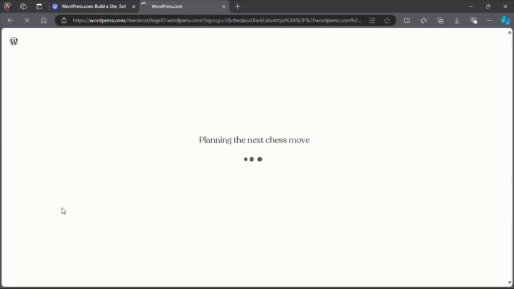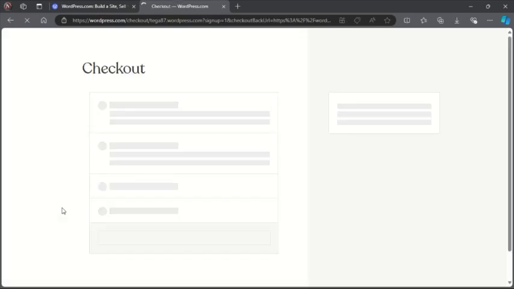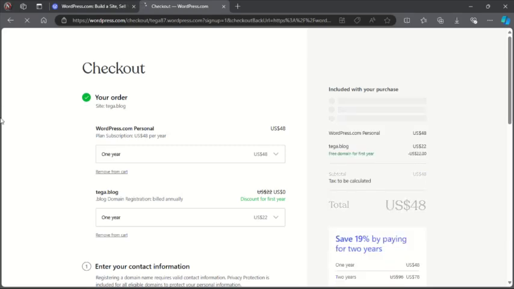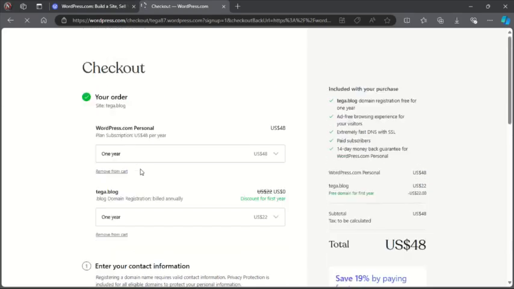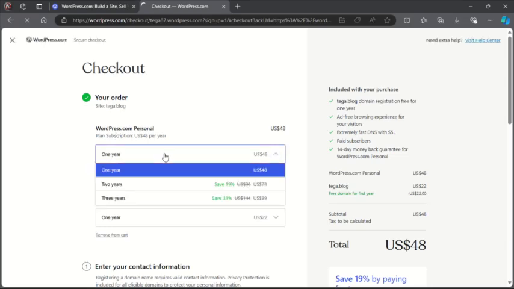Okay, good. Let's take one more time. Active it. You can see there we go. This is our order, then this is the checkout, this is how many payments, how many years. I can make payment for 3 years, 2 years, or 1 year. So I'm just going to put this particular one, this is the 1 year. Then this is the payment